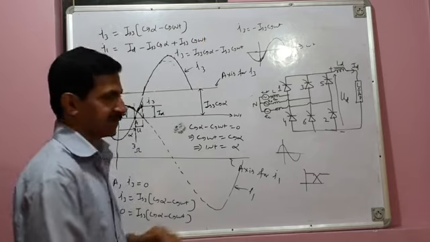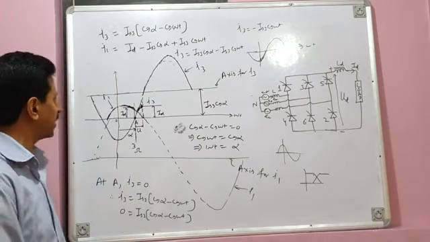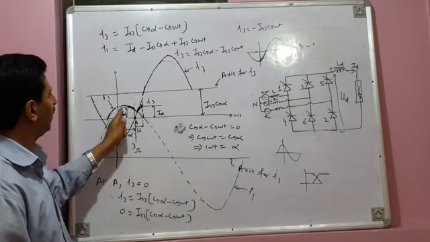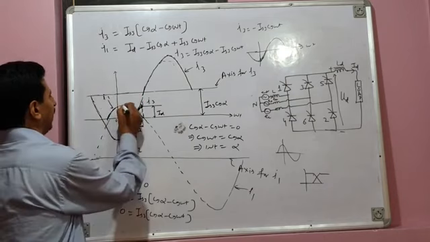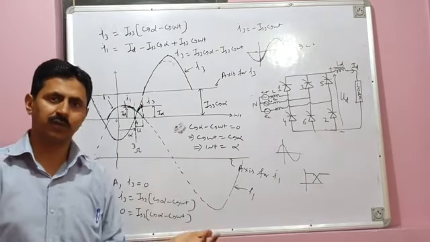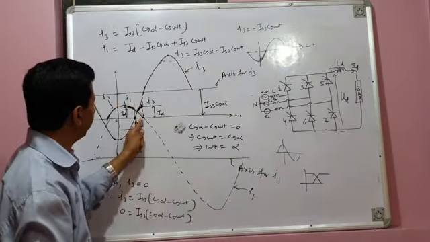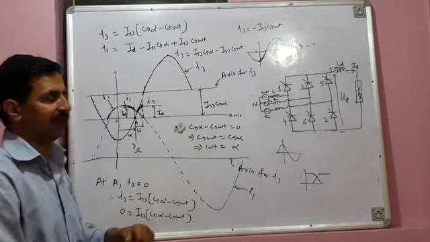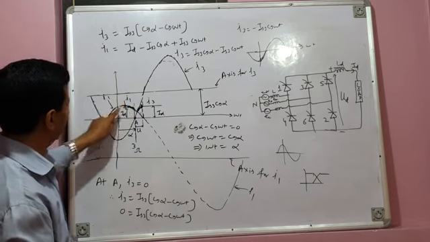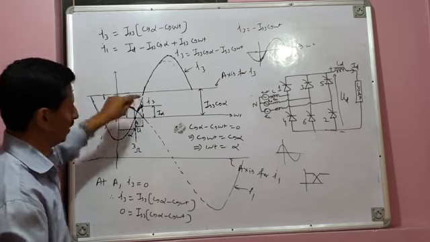So these waveforms for I3 and I1, which we have obtained from these equations, are valid only during this U period. Before U, what is I1? I1 is ID. This is your I1 before U. And what is I3 before U? It is 0. After U, what is I1? I1 is 0 and I3 is equal to ID. And during U, both I1 as well as I3 are present, and they follow these waveforms.